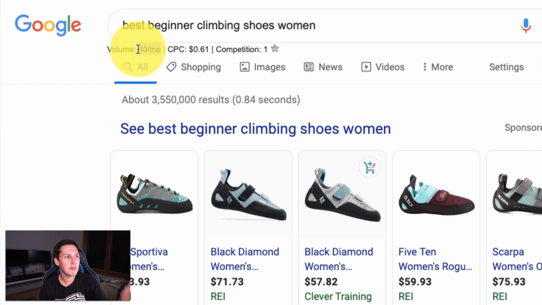We now know the demographics of our exact buyer. We can show them climbing shoes. We can research climbing shoes that are really aimed towards beginners, not show any intermediate or aggressive shoes, or not show shoes that are for just bouldering. These are different types of climbing, by the way. We're gonna show just beginner shoes that are just for women.